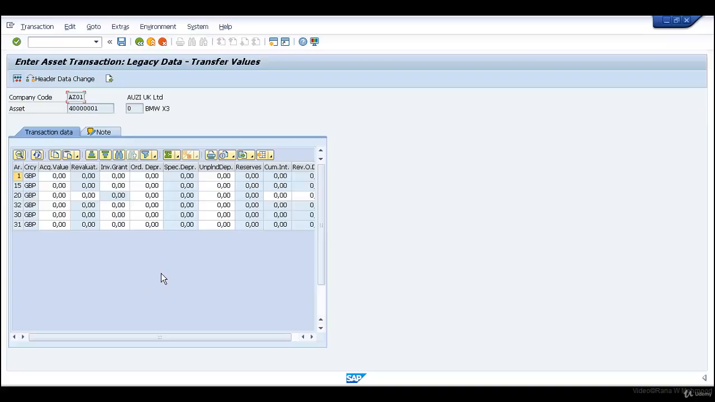So what can we do with this transaction code? We can load asset historical values, accumulated depreciation, and depreciation for the year through this new transaction code, that is ABLDT. Secondly, if we are familiar with the transaction code